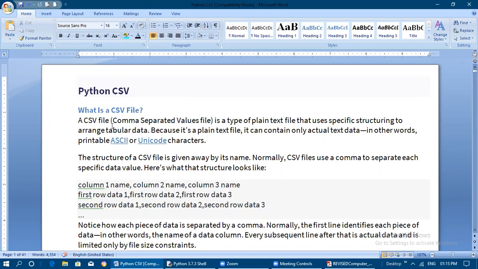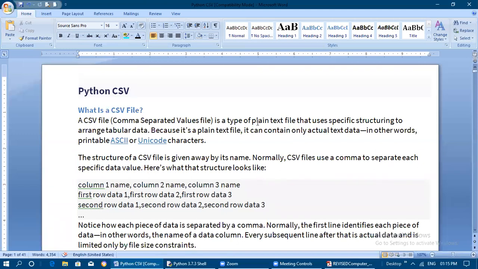So in that manner, the data is going to be seen when we open the CSV file in Excel or in database software. Even if you open database software like MS Access or some other database software, like Oracle, SQL, all those things, this CSV can be supported in this kind of software also.